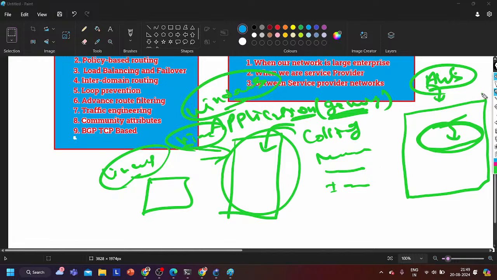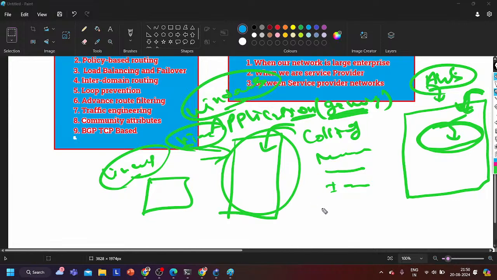So on this physical server, we can run multiple operating systems, or we can run a single operating system. If you are running multiple operating systems, that is the concept of virtualization. See here, if I want to install a router iOS, can I install it? Yes, I can install the router iOS here.